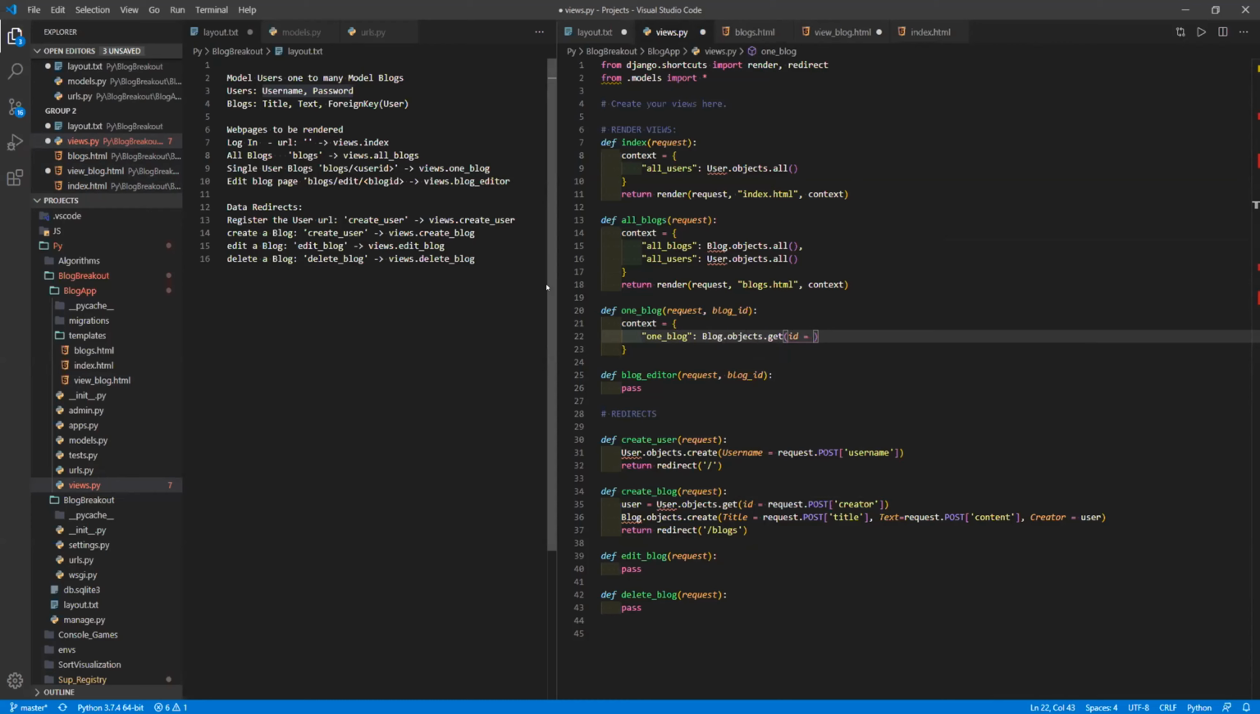Not user ID, the blog ID. The blog ID that we're passing through here, right? Yes, sorry, you're right. So we're going to do that. So that is going to get this blog object and assign it to that. And then